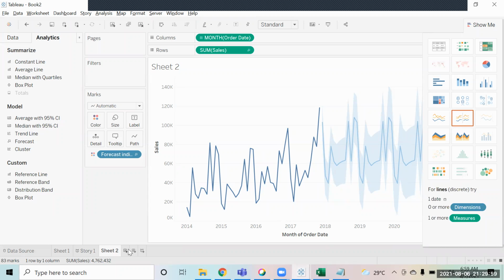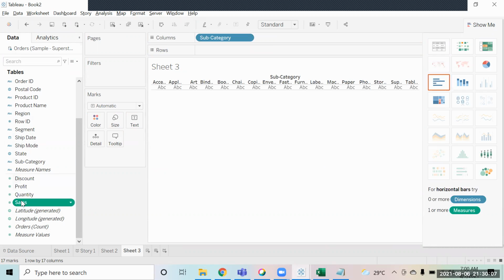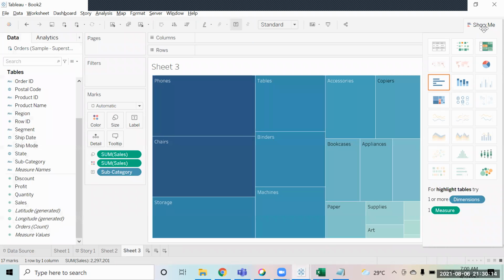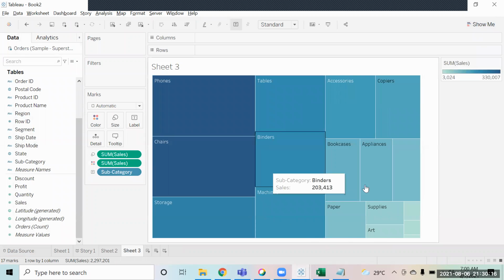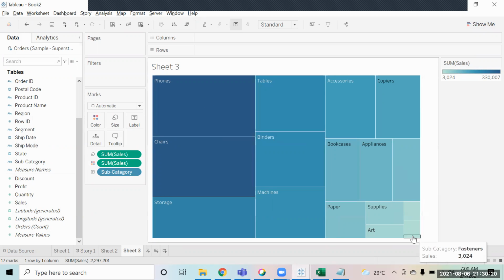For example, if you make a chart over here, you have the subcategory, you have the sales, you make a heat map. This is tree map or heat map, that is the same thing. So with a heat map, we use the coloring effect. Dark color means high sales. As the color is getting lighter, that means the sales are low. So this is a heat map or a tree map, the same.